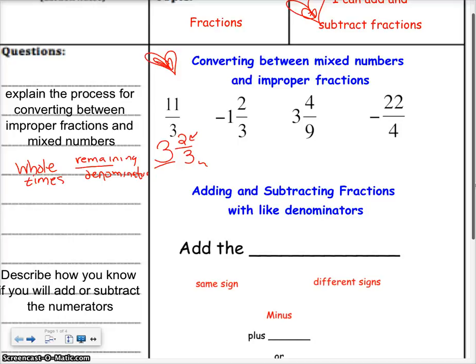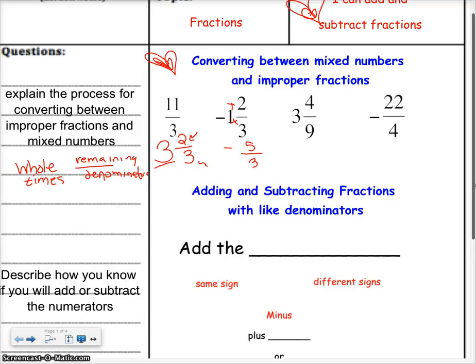Now to convert from a mixed number to an improper fraction. Maybe you learned the Texas technique. I like that technique. That's where you go the bottom times the number, add the top. So now watch what I'm going to do with the negative. I'm not going to go 3 times negative 1. I'm going to go 3 times 1 is 3, plus 2 is what? 3 times 1 is 3, plus 2 is 5, all over 3,